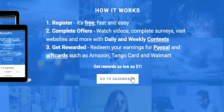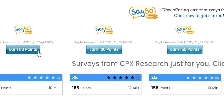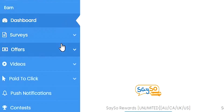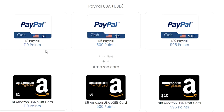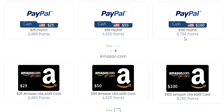In fact, I think it has more than I've ever seen on a money-making platform. Not only can you earn by entering into surveys, offer walls, watching videos, but you can also get paid to click on advertisements, complete tasks, enter into contests. It does feature various cash out options as well, and I found the PayPal cash out to be the best